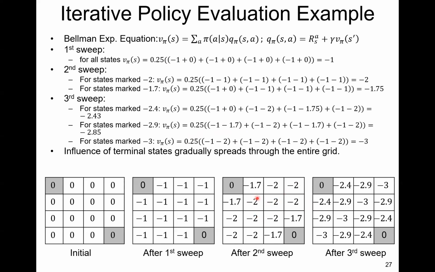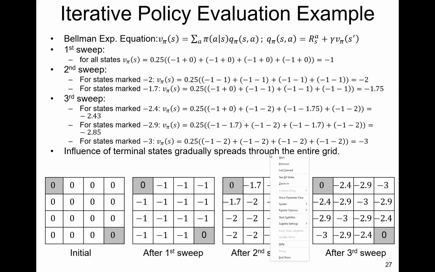For the second sweep, for the states marked -2, anywhere you move, you get to a new state s prime with v s prime equal to -1. So these 4 terms are all equal to -1, the reward, plus -1, the next state's value function. Every action has equal probability of 0.25. So these states have v pi s equal to -2. Whereas for the special 4 states marked -1.7,